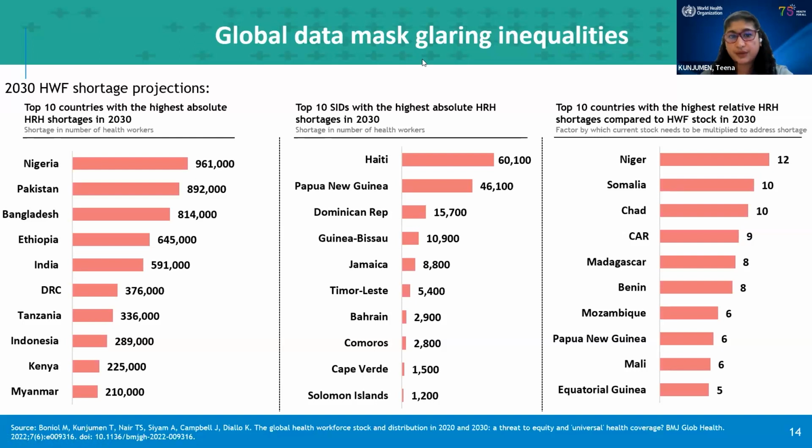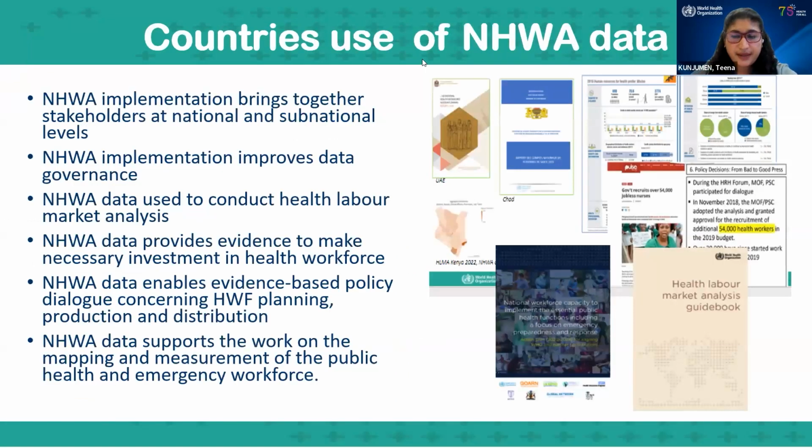So what are we going to do at the global level? What are these countries going to face? And this is not talking about the issues of migration, circular migration, labor market flows, or production capacities, just looking at the stock there. But I believe this is my last slide. So yes, we do have a lot of studies that we do at the global level, but we encourage countries to use this data for planning.